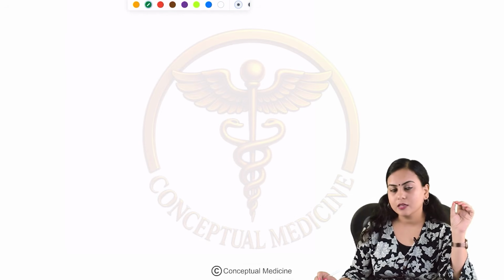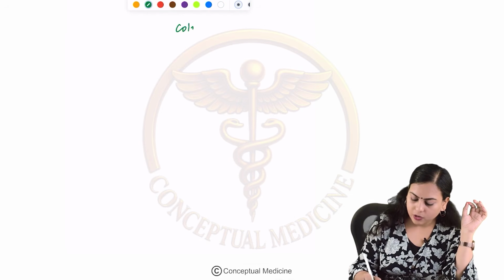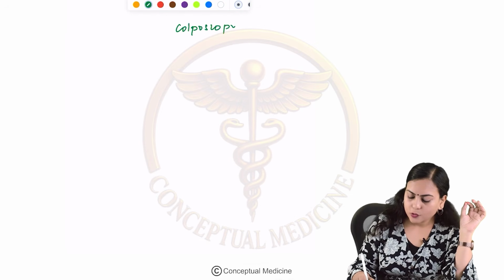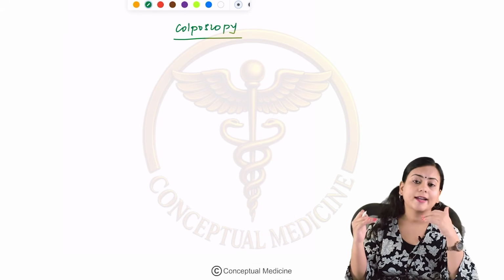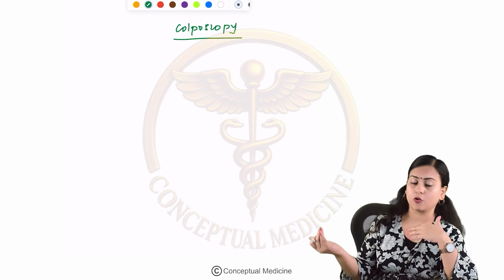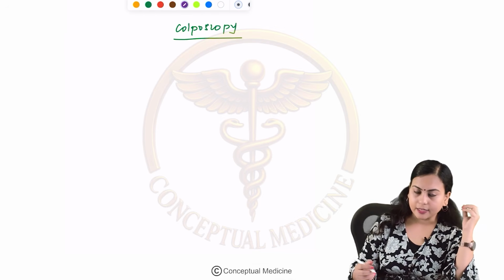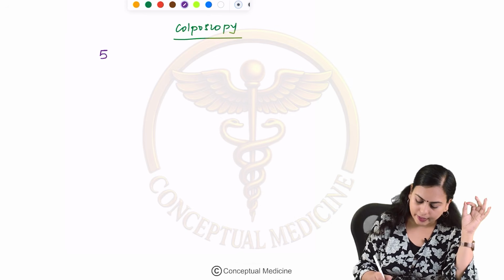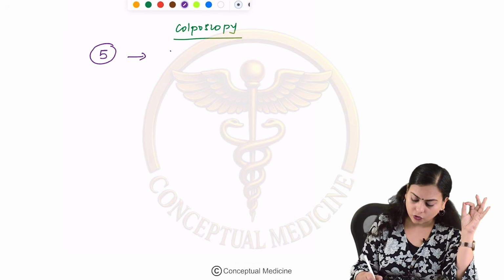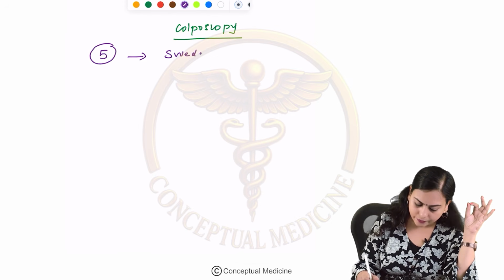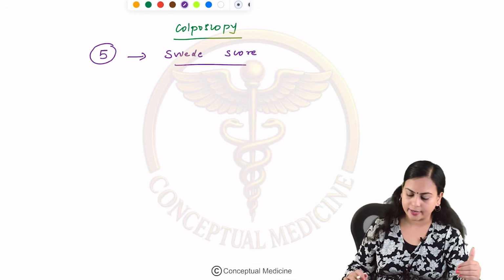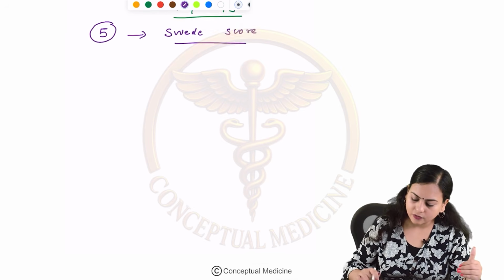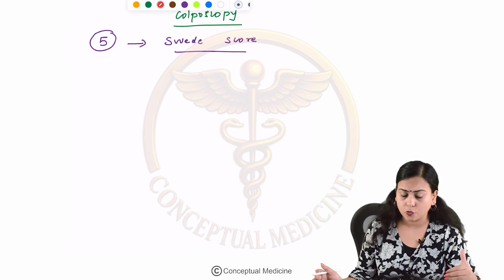I want to speak about colposcopy, because every time I am telling you colposcopy is the final test we are offering, and after that the treatment depends upon the colposcopy findings. So basically we have 5 colposcopy findings based upon which a score called the Swede score is given. Based upon this score only we will be classifying the lesions accordingly. So the 5 findings which we will look for in the colposcopy will include